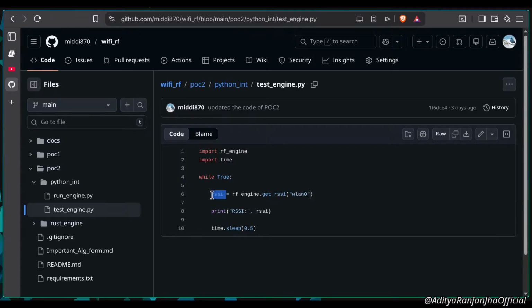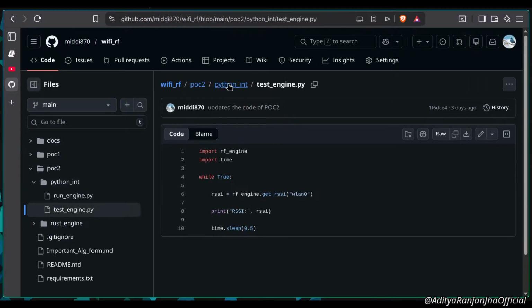We are not running a loop in here to get RSSI. We are running just a single loop so that we can print RSSI every time we fetch one. All right, so that's what's happening right now. So this is one very short Python code, which is just for the sake of interactivity. And the second one is